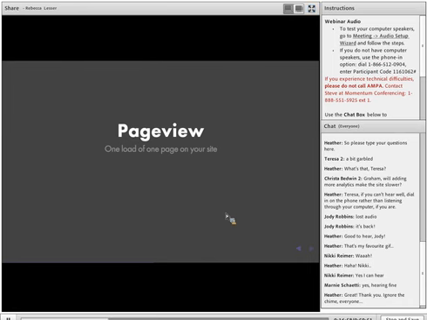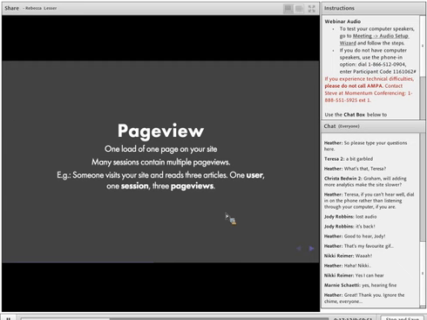A page view, this is the big one that everyone worries about, right? It is one load of one page on your site. Users sometimes look at many pages on a site, and that means you can have a user who has several sessions, and each session has several page views. Page views mostly matter at the moment because many advertisers want to see how many page views the site gets